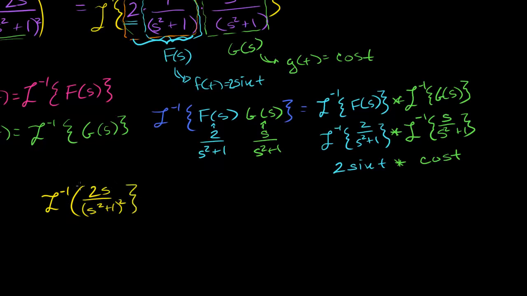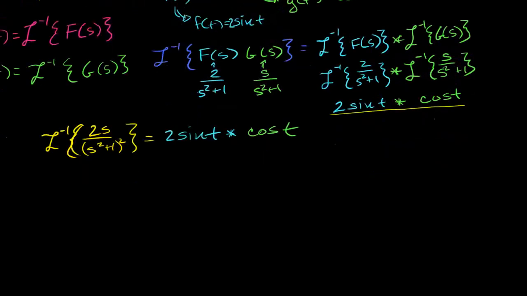Actually, this should be a curly bracket right here, but you get the idea, is equal to this. It's equal to 2 sine of t convoluted with cosine of t. And you're like, Sal, throughout this whole process, I've already forgotten what it means to convolute two functions,